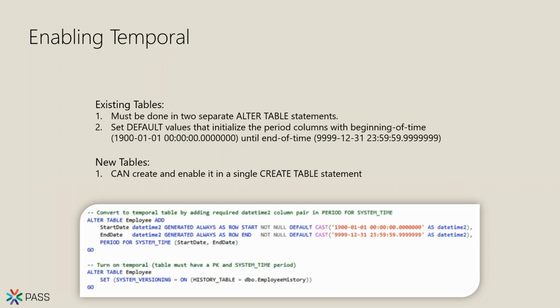And then after we add in those two fields, you'll notice down on the bottom, we have an additional alter statement. So this is the second alter statement that we need to implement. And what we're doing here is after we added the start date and end date to our existing table, we simply need to specify that system versioning will be turned on. And what this does is it essentially synchronizes it with the